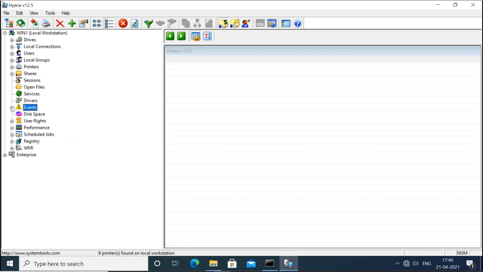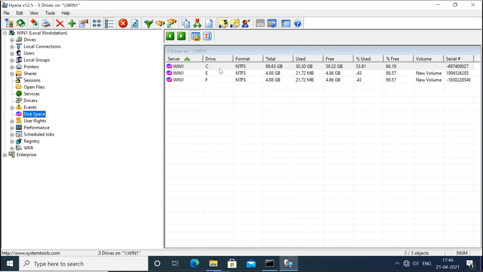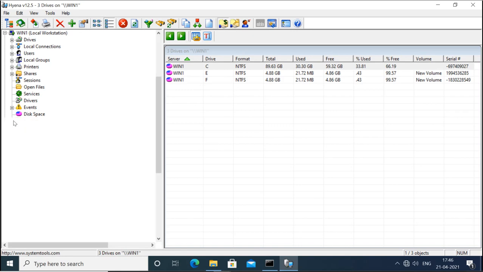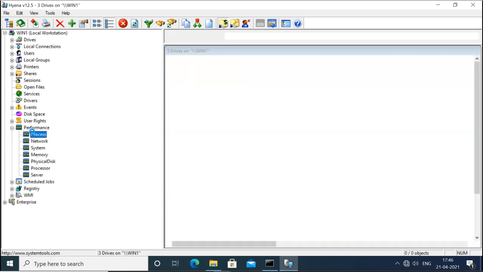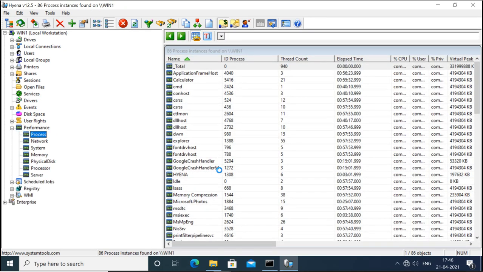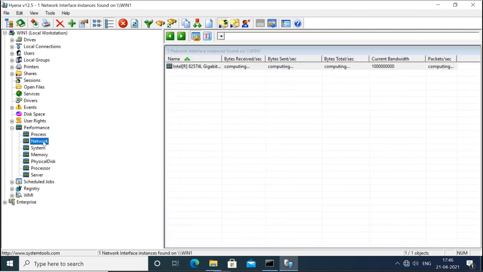You can see the information about the disk, user rights management, performance, network performance, system memory, the process, the network, and the system information.